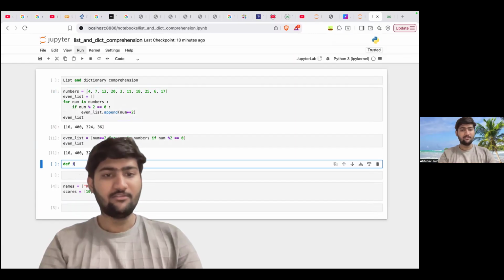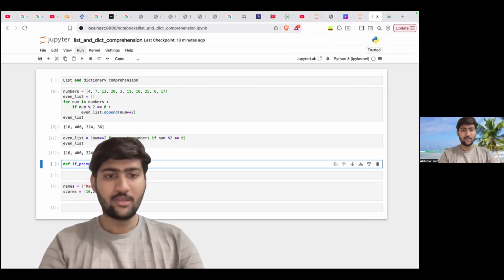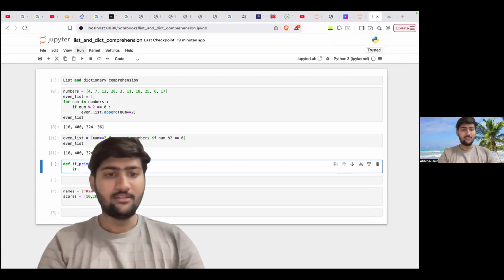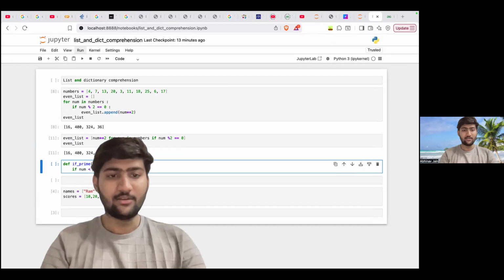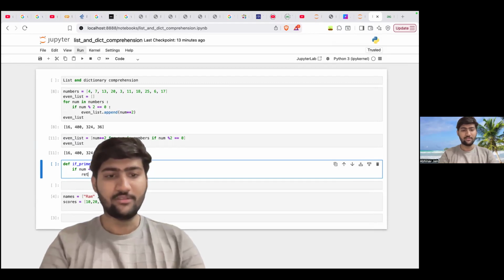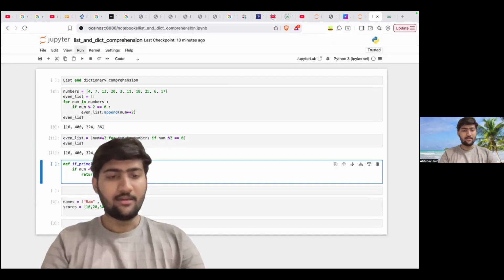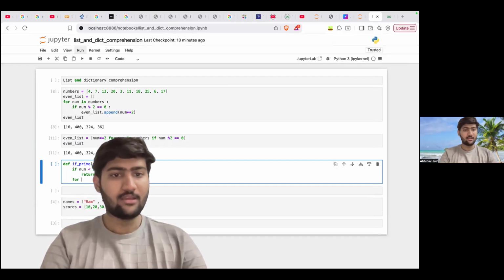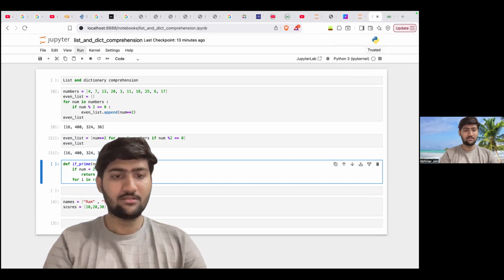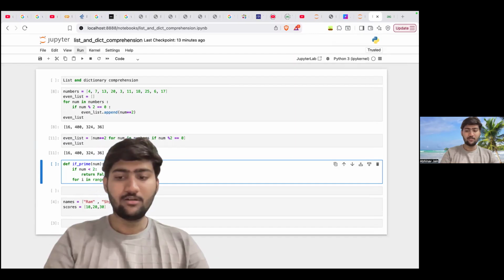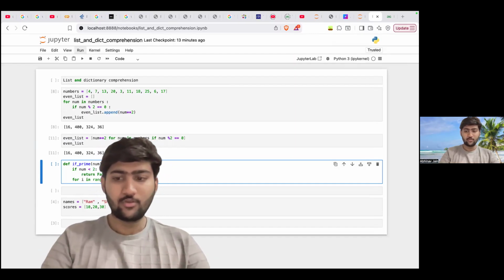Def is prime, it will take a number, and then if number is less than 2, then we'll simply return false, because anything less than 2 is not prime. Now for i in range 2 to square root of number plus 1,